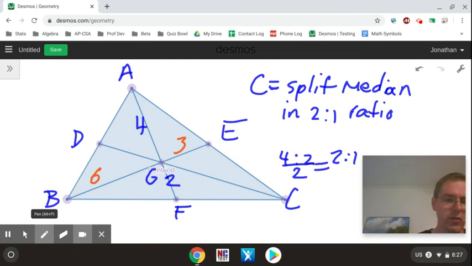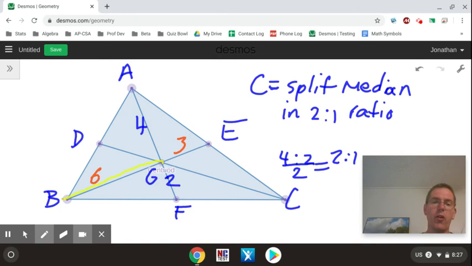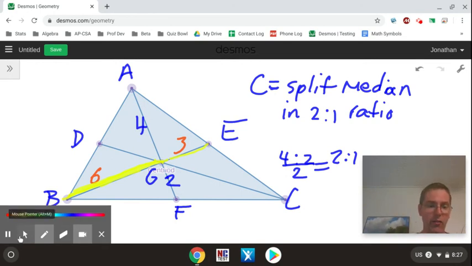Now, some students have said, Mr. House, how do I know which piece is the short piece and which piece is the long piece? Well, if you notice, whenever it's drawn to scale, the long piece is the one that has to stretch all the way into the corner. I think of it as trying to get a pair of shoes out of your closet that have fallen all the way back in the corner. You have to reach further to get all the way into that corner than you would to get to the wall. It's a little ways back, but it's not nearly as far as the distance where you're going all the way to the corner. So the longer piece is the piece that's twice as long as the piece that goes all the way to the corner. Let me go ahead and erase what I have here, and we will do a couple